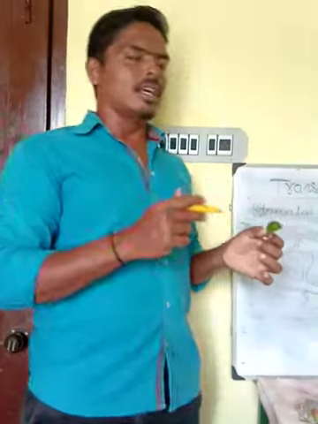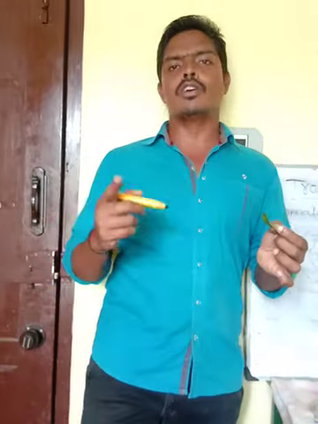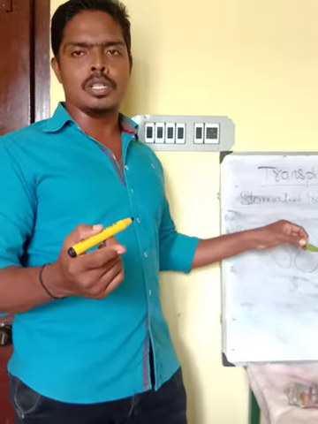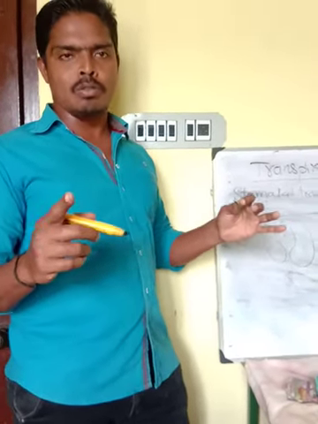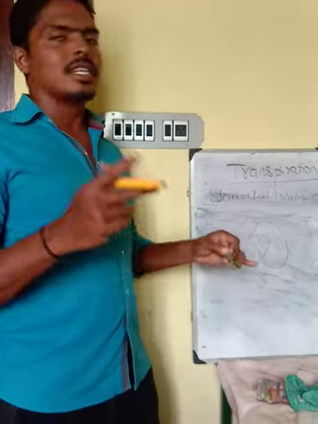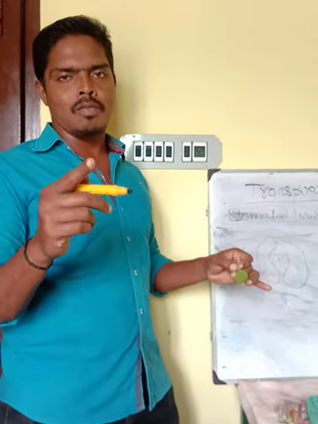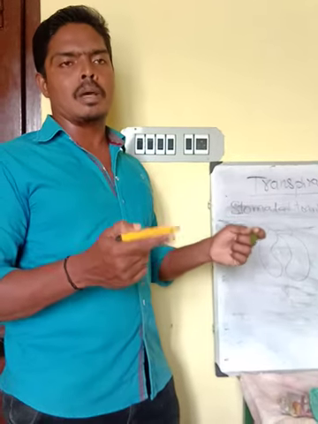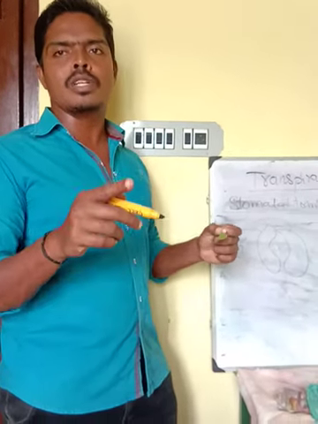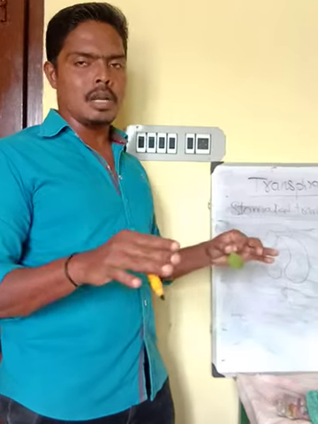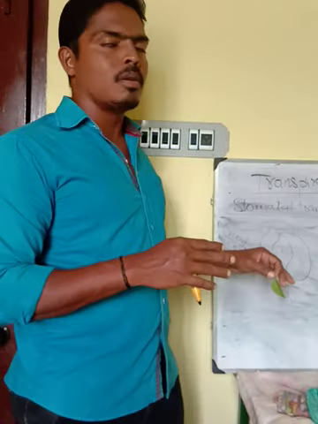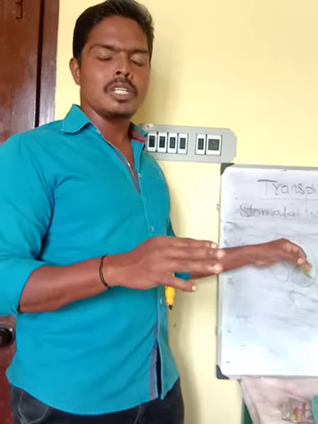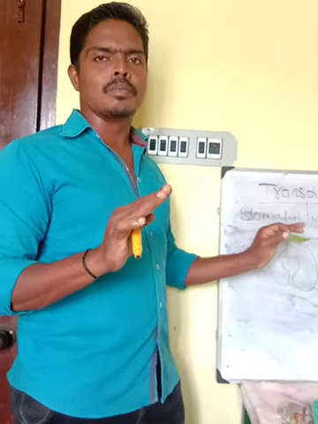Another point: when stomata open and close, during sunlight they will be open and during night they will be closed. So it means that transpiration will happen in daytime, not at night. In some plants it happens at night, but mostly in our area the plants are terrestrial plants, so the stomata will be open during daytime, and this transpiration will happen in daytime. Okay.